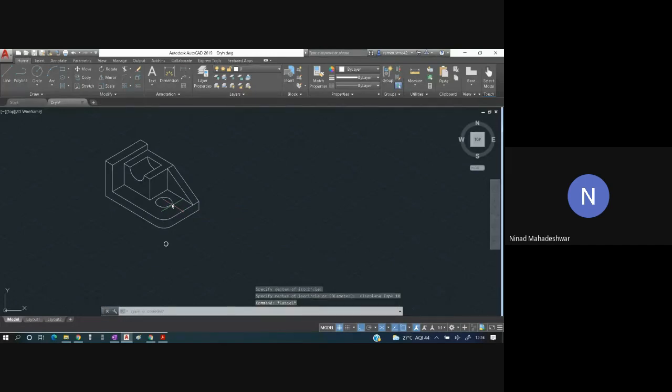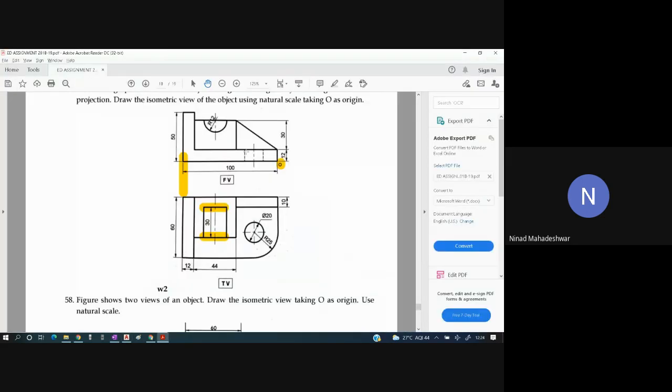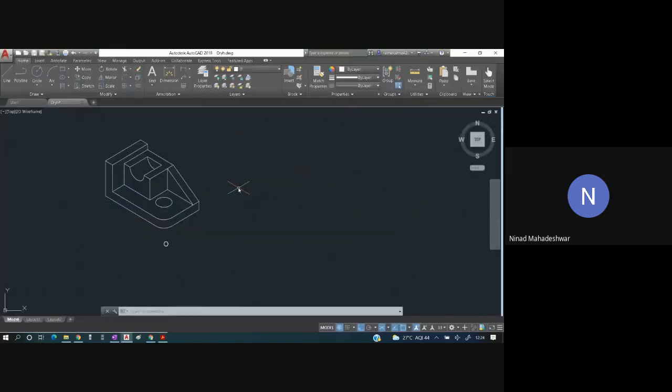Once this is done, I have to draw this entire section which is throughout. Throughout means that it is seen in the front view. This is a hole over here. The hole is punched in such a way that it is going through this entire layer. So first I have to copy this. From this end it should go down. I'll press function F5, it should go down by how many mm? 10 mm. So I have put 10 mm.